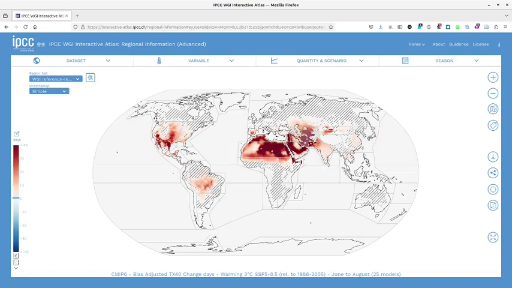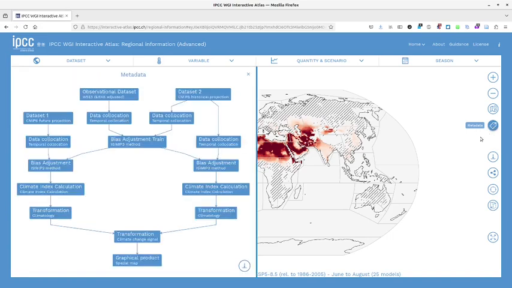So, what is the contribution of Metaclip to the interactive atlas? We can easily obtain a high-level schematic representation of the map by clicking on the Provenance button. An inspection of this schematic view will help non-expert users better understand how the map was created and what it